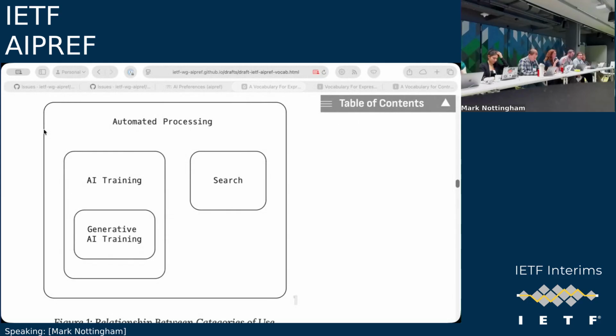I do agree that the training component is an important piece of inclusion in a search engine, so we need to think a little more about how those relate to each other.